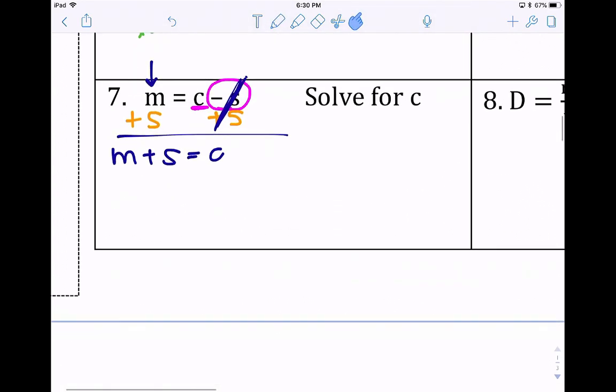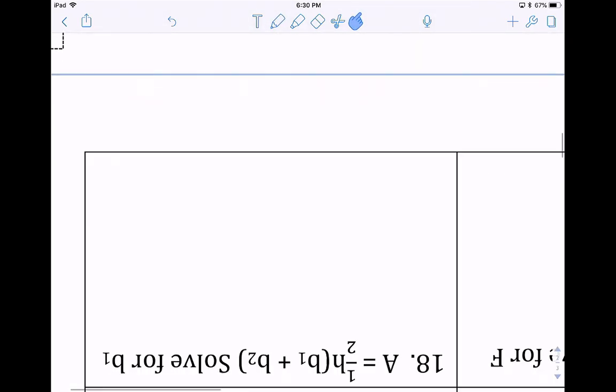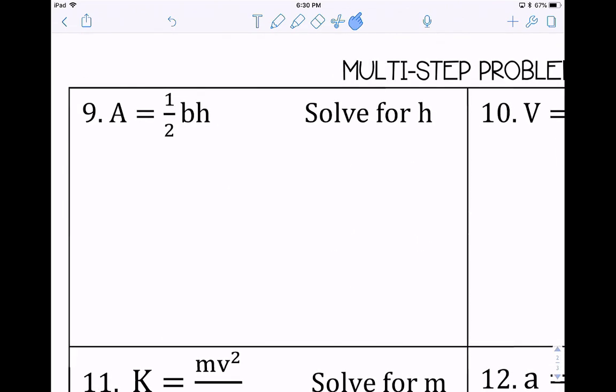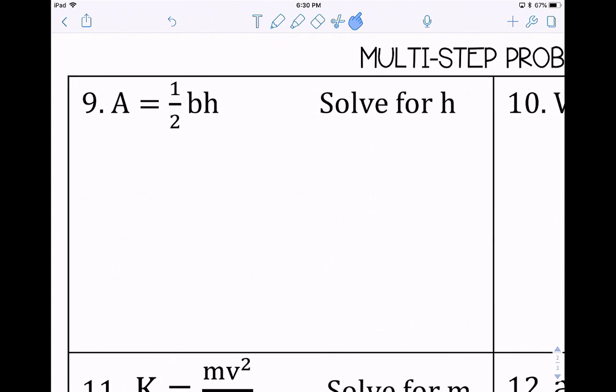All right. So moving on to number 9. Number 9 says to solve for the height. So we have area equals 1/2 base times height. That is the formula for the area of a triangle. So 1/2 base times height. So to solve for h,